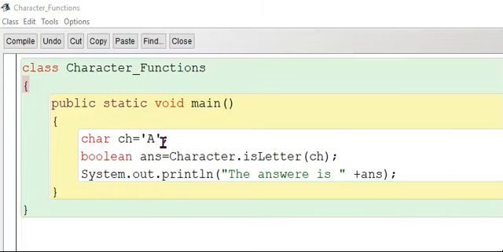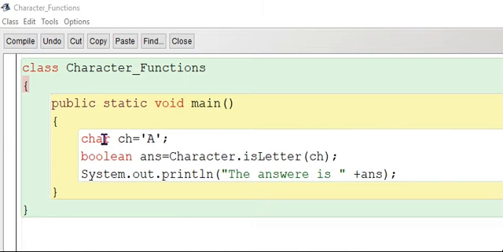Discussing the string functions. Now today I will discuss with you the character functions which are used in the Java programming language. You can find this video on my YouTube channel also. I will share a link with you where you can find the other videos which I had already discussed with you. So let us get started. I am going to discuss character functions with you today.